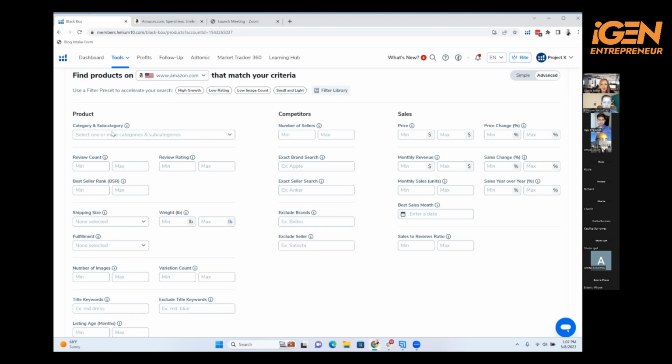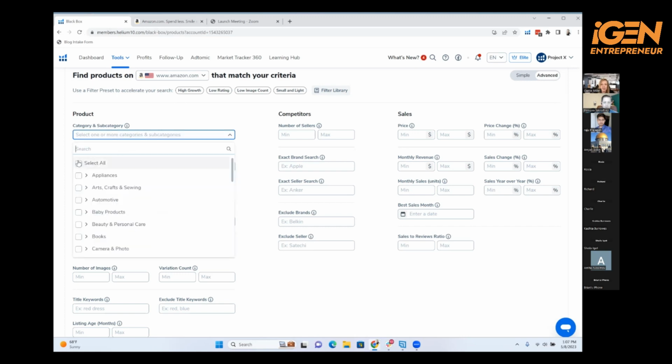And so the first thing you want to do is search. You can either select all of these categories or you can choose one. I like to choose home and kitchen, but if you wanted to narrow it down even further, you could go to subcategories and expand these out and choose which subcategories you would want to look into. So if you're really specific, like some people really like to sell home decor, you could check off home decor. But what I'm going to do is just do the whole home and kitchen category for this sake,